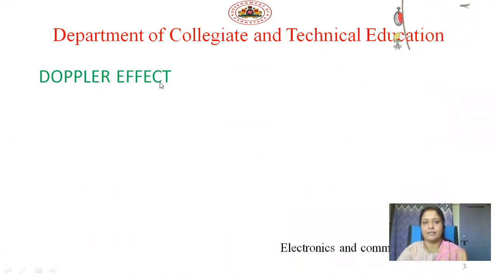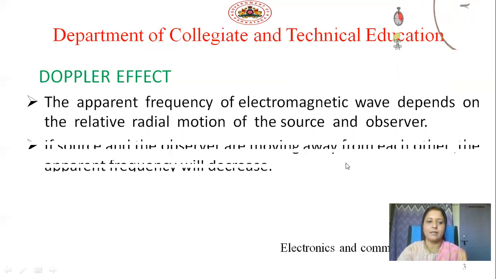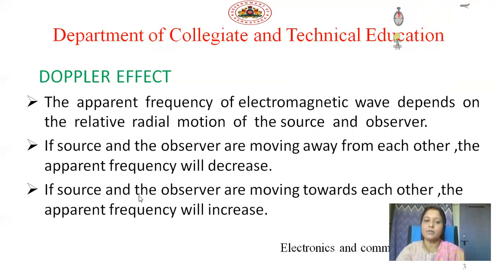Now, the Doppler effect. What do you mean by the Doppler effect? According to the Doppler effect, the apparent frequency of an electromagnetic wave depends on the relative radial motion of the source and the observer. For example, if the source and the observer are moving away from each other, the apparent frequency will decrease. And in the same way, if the source and the observer are moving towards each other, then the apparent frequency